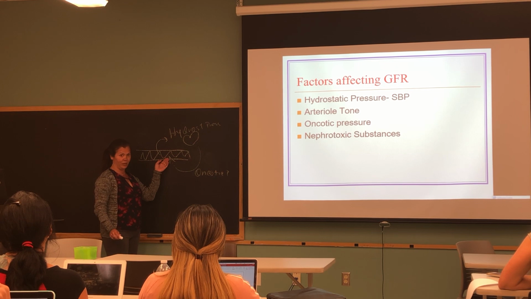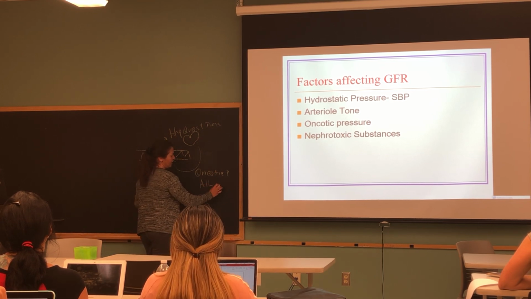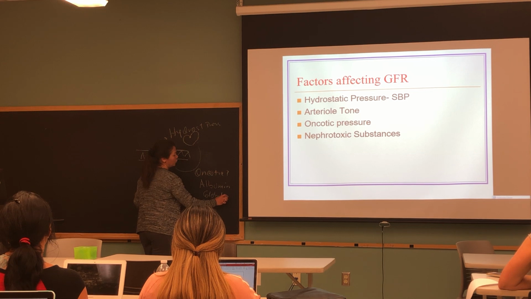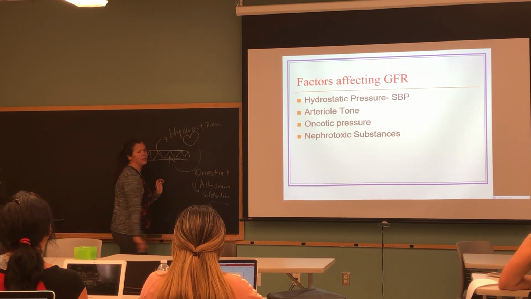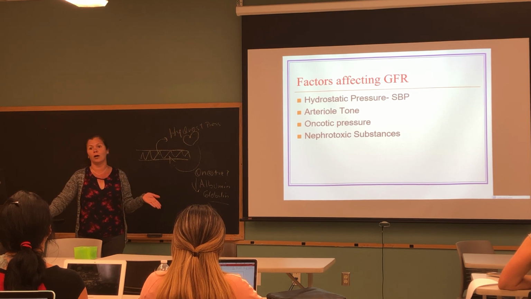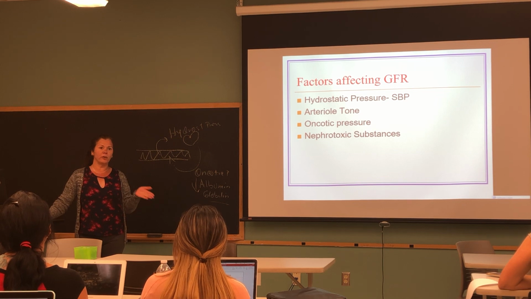Now, since we need a good amount of protein to be able to bring it back in, one of the major proteins that we have is albumin. The other one is globulin. So it makes sense that if you have decreased proteins, think about the first most common cause, which is malnutrition. Elderly populations are at very high risk